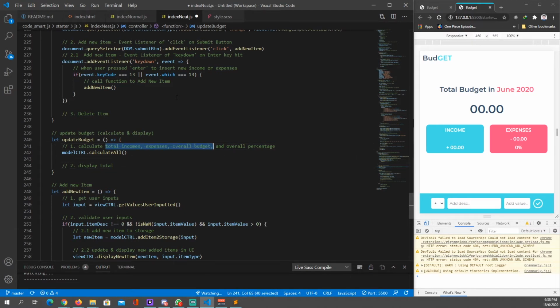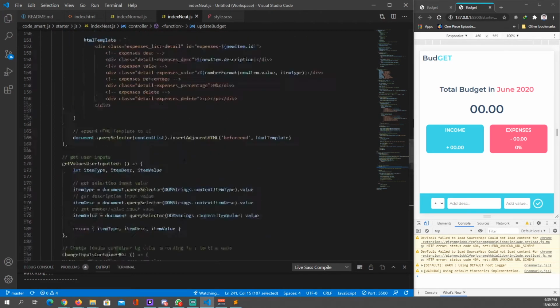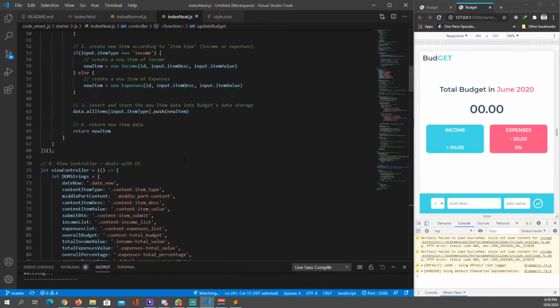Just copy all of these again and paste it down here. Save. Display total. So first, why don't we just do this first? Calculate all the total income, the expenses, the overall budget, and our overall percentage. So go back to our model controller,